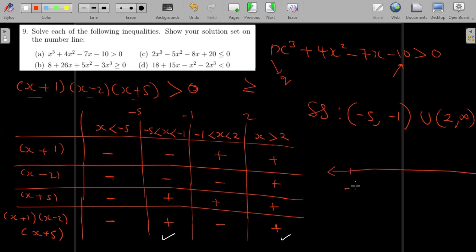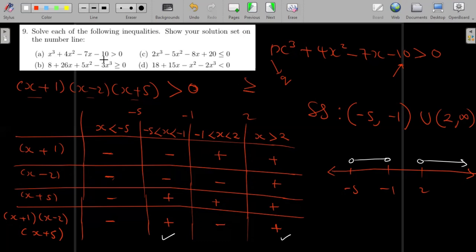This will go from -5, I have -1 there, let's say I have 2, and of course that is going to infinity. And I can show this to be open, going all the way to there to be open, from there to be open, up to infinity to be open. So this is going to be the solution for this